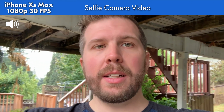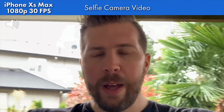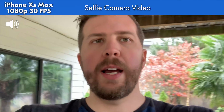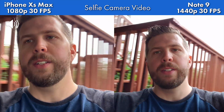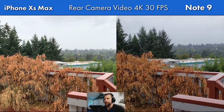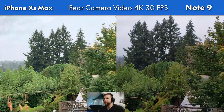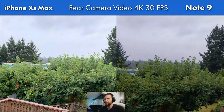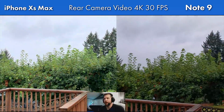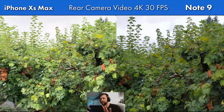So this will be really interesting to see the colors and images coming off of these two cameras and seeing how well they work. We'll go ahead and do a walking test to see the video stabilization. I'm kind of stomping my feet a little bit to see how bad it gets. And here we have 4K 30 frames per second stabilized, and it is very comparably stable on both devices. It's really, really well done stabilization all around. I will say that it is handling the exposure of both devices really well in this video scene, so 2